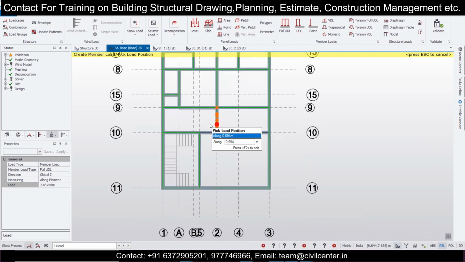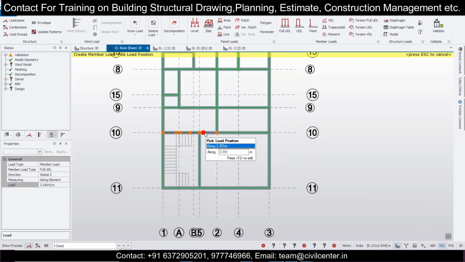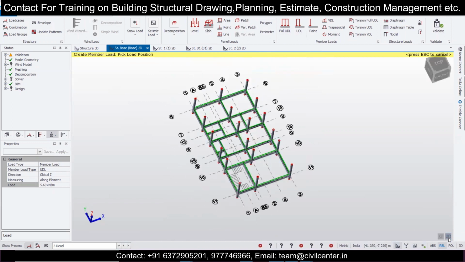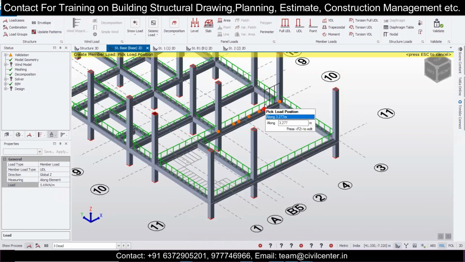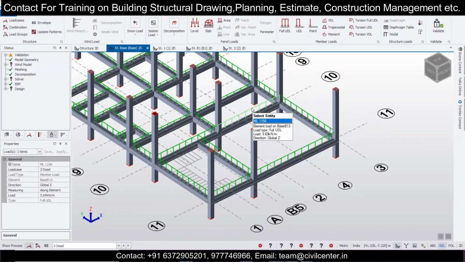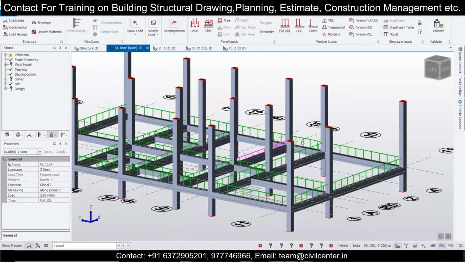This is the portico portion. This will also be a 10-inch wall, so this particular wall we will also do as 5.69. We'll apply it here and also here. As you can see, this is applied. Now you can see it in the 3D view, the particular magnitude of the difference. Click on escape, and this is 5.69 for the external walls, and this is the load for the internal walls, that is 2.85.